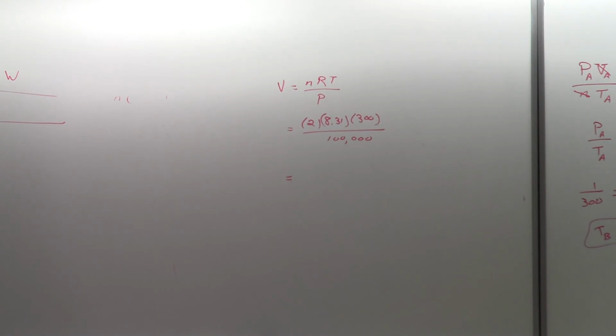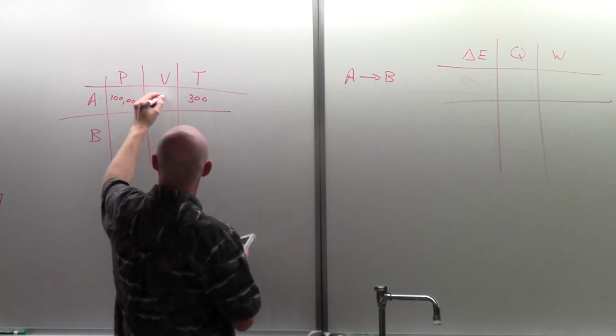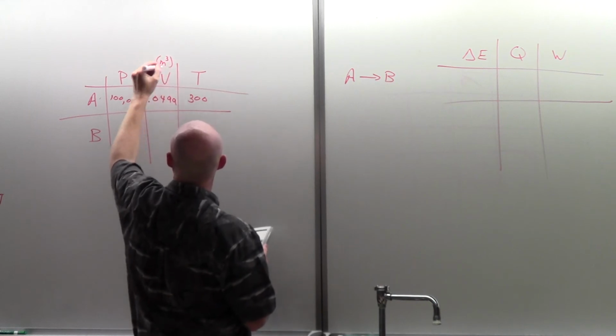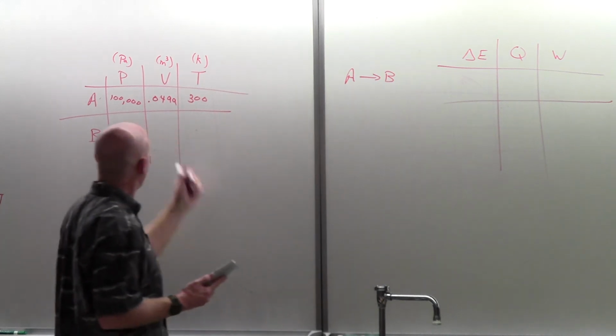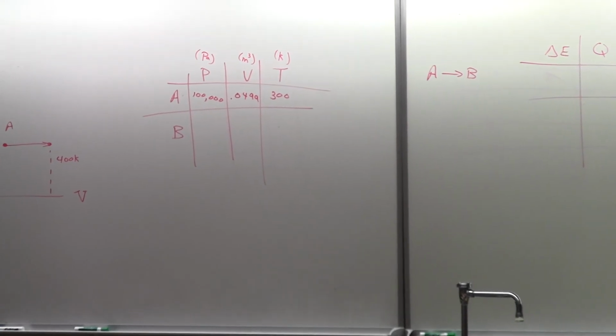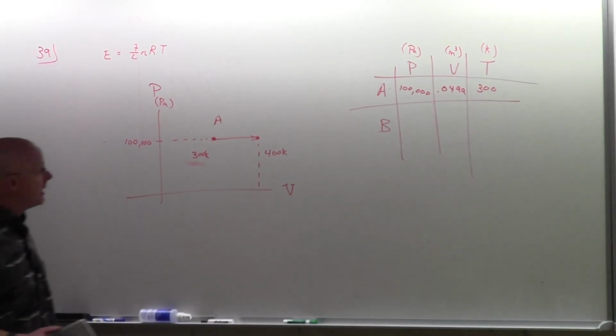And so I would have 2 times 8.31 times 300 divided by 100,000, coming up with a volume of 0.0499 if my volume is in cubic meters and my pressure is in pascals and my temperature is in Kelvin. Or if you like liters, that would be 49.9 liters. Move the decimal 3. So that's my starting conditions. And what they're saying now is